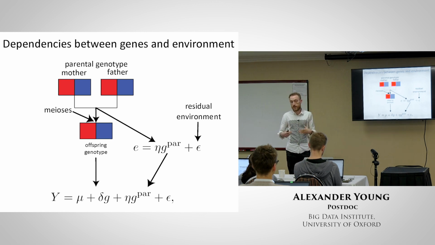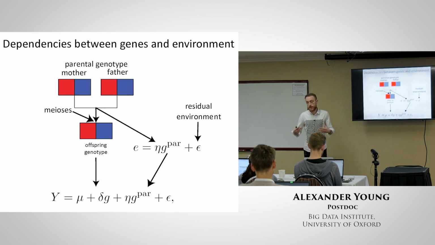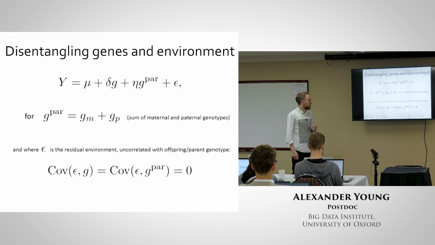And this is sort of a more general way of writing a trait that takes into account gene-environment correlation in this term. And this term will capture the indirect genetic effects from the parents and some fraction of the indirect genetic effects from the other relatives. And this then leads to an easier way to understand how to estimate direct genetic effects in an unbiased way. So yeah, that's just written out. So the residual environmental component is uncorrelated with genetics. It's a more general way of writing the trait than the standard G plus E. You have an E that's split into a bit that's correlated with genetics and a bit that's uncorrelated with genetics in some sense.